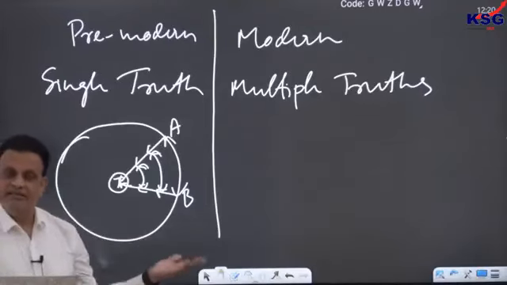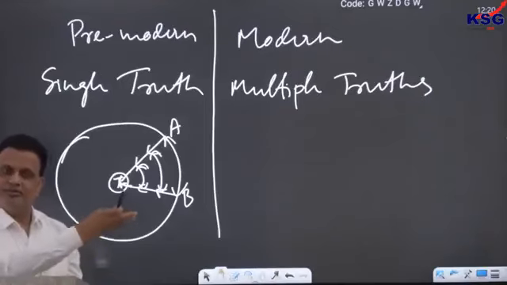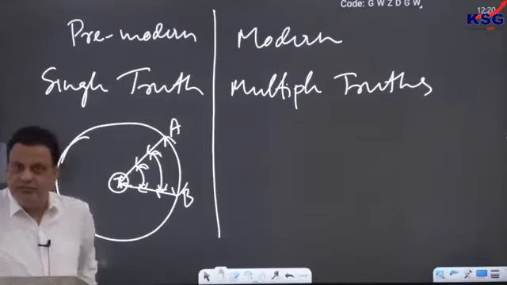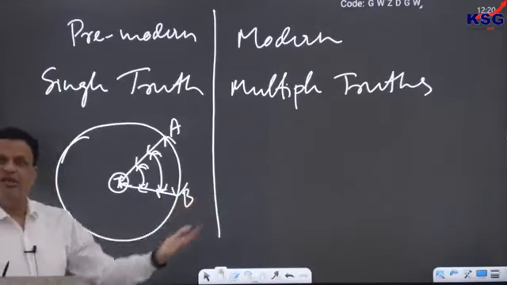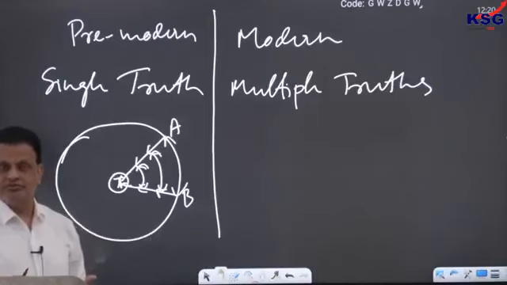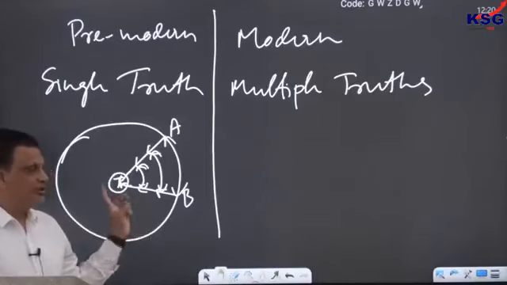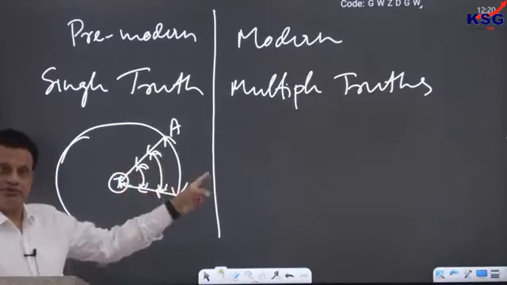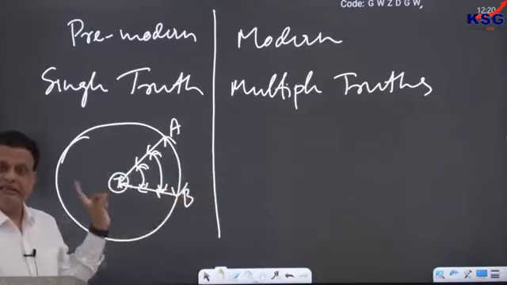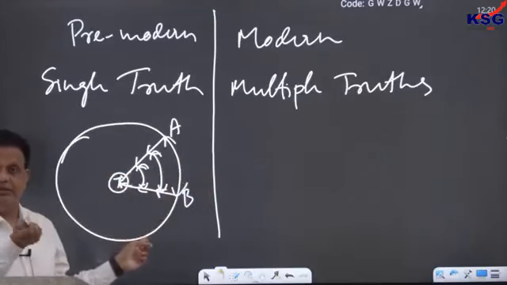You may be right that India is tolerant, and Amir Khan may also be right in his opinion that India is not that tolerant. Let him have his own truth. Let us have our own truth. So this is the idea of the multiple truth. Each person has his own truth. There is nothing called single truth that everybody has to agree with.